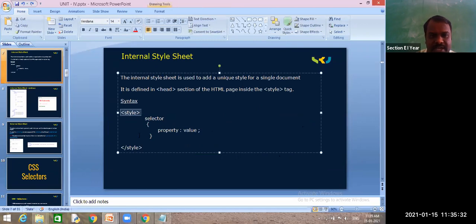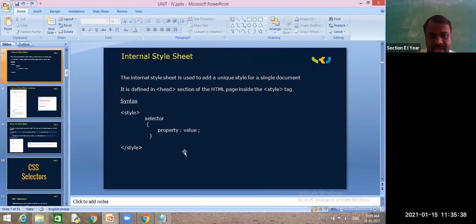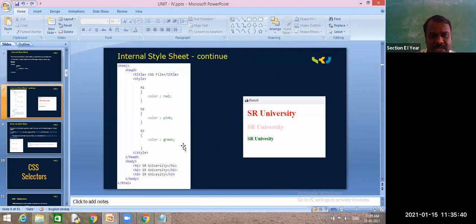Internal, we write the style tag and we need to write selector, property and value. We need to give like this. When it is multiple, then you go for multiple. I have given an example using paragraph, but also using H1, H2, H3 tags.